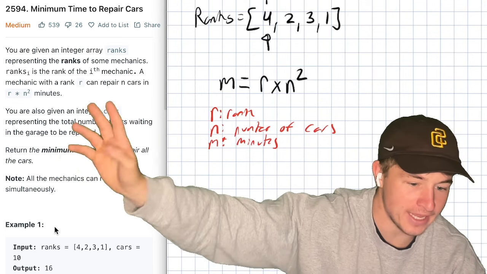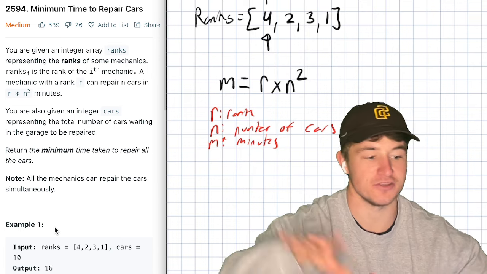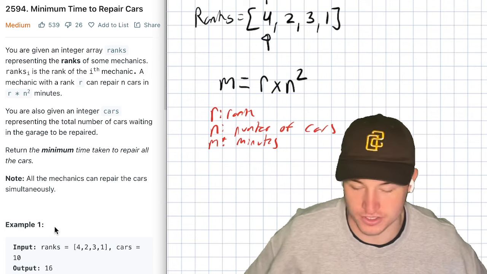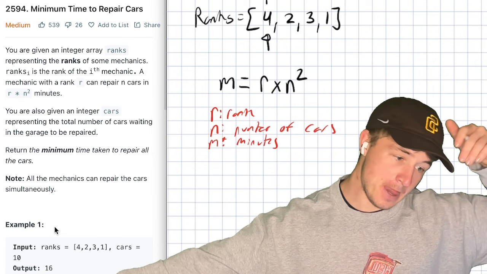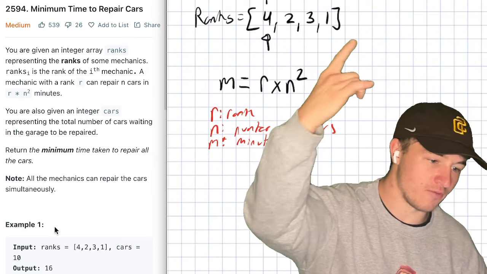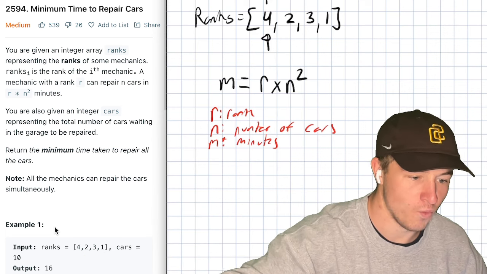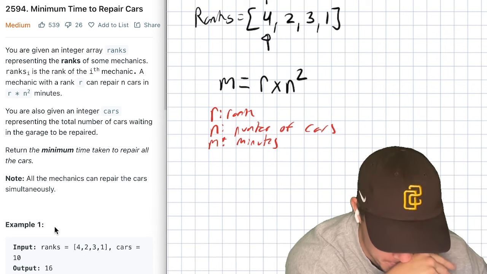All right, note all mechanics can repair the car simultaneously, right? So they can all use their rank and fix the cars. They're not like dependent and waiting on each other for information or something like that. All right, so since we've already started writing out this example, let's look at what the minimum amount of time would be, okay? Now,